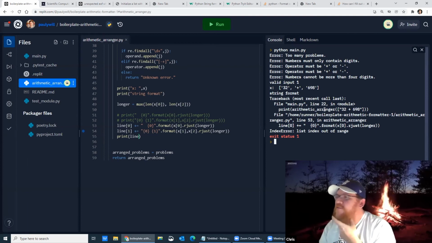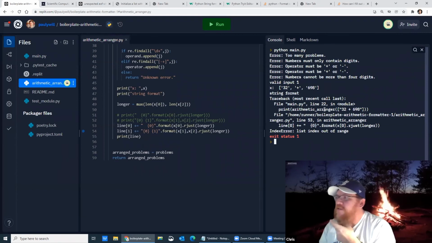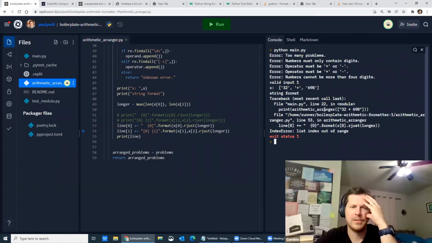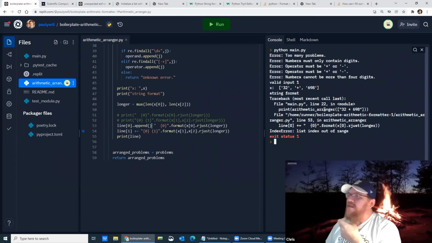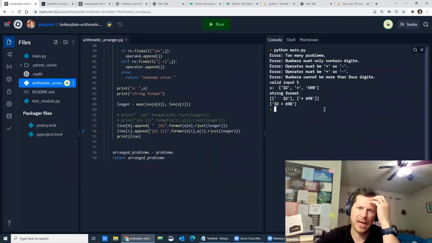Oh, actually, the plus equals is where it is because there's nothing there yet. That's the List index out of range. No, it's the plus equal operator, because right line. So yeah, there we go. I think we're going to get burned on that assumption of 2 spaces, because if you run some of the tests,